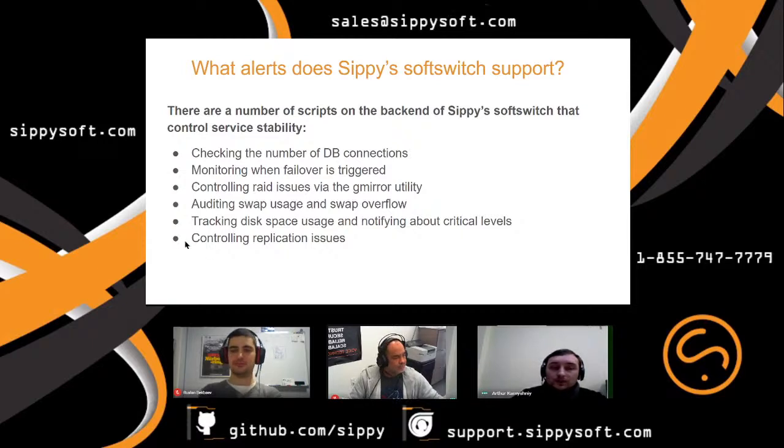I suppose these are very useful scripts for monitoring of your hardware and software, and feel free to create tickets if you need some assistance in this. We are always open to help you with the configuration. And the last script in this list is a script which controls the replication. So if your replication was dropped due to network issues, for example, you will also receive an alert on your mailbox.